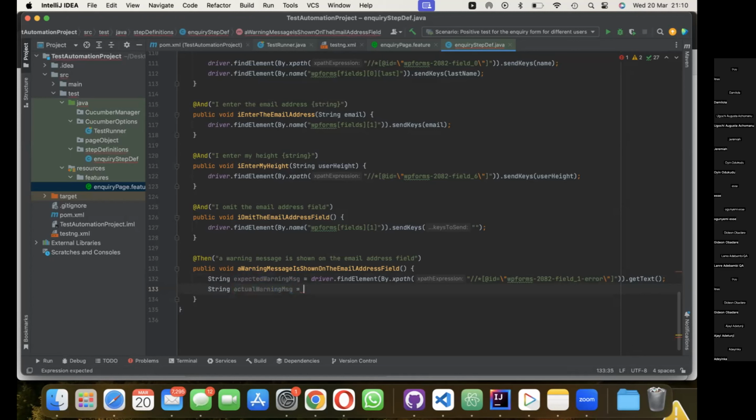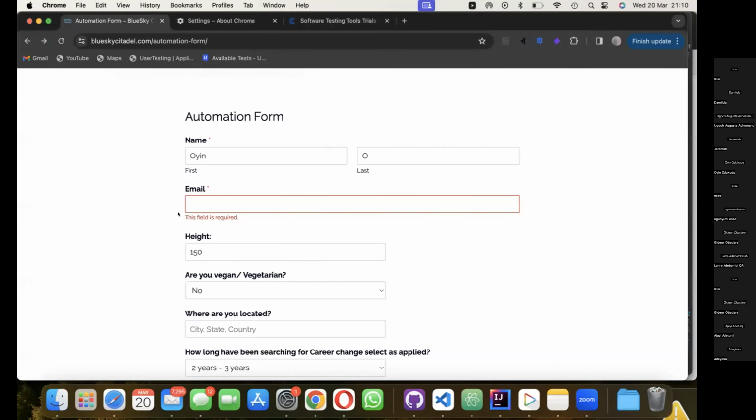In this case, like I mentioned, I already know that the warning message that's going to be displayed is "This field is required." There's a full stop at the end. If you don't put a full stop and you run your test, the assertion is going to fail because the values that you're comparing are not the same. So when you're dealing with assertions, they are very, very case sensitive. So you need to be conscious of what your expected value is and what actual value you're passing in your